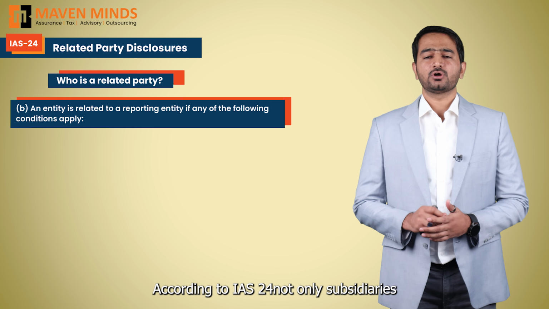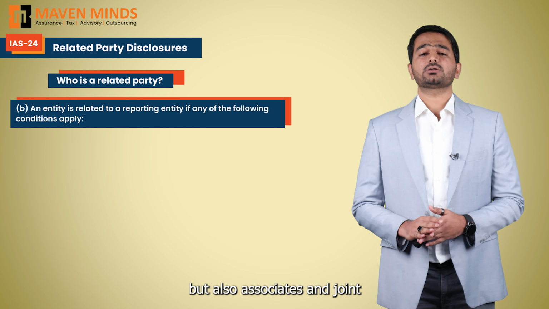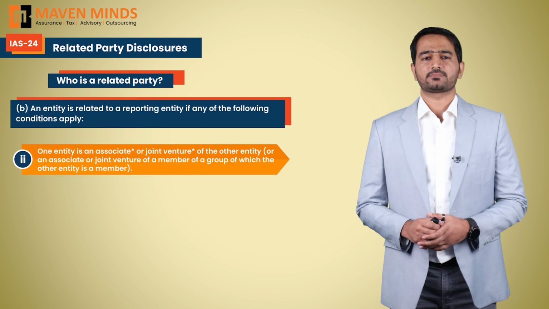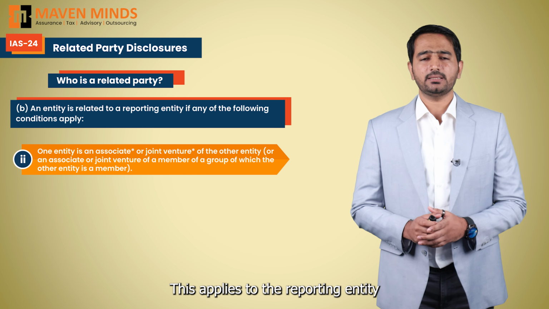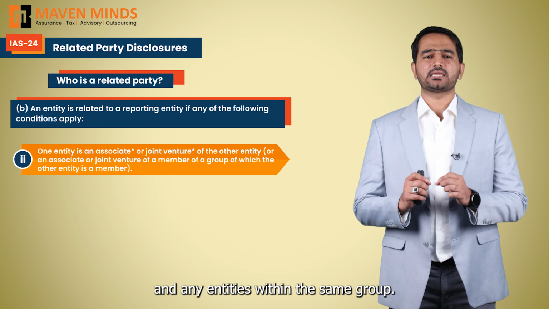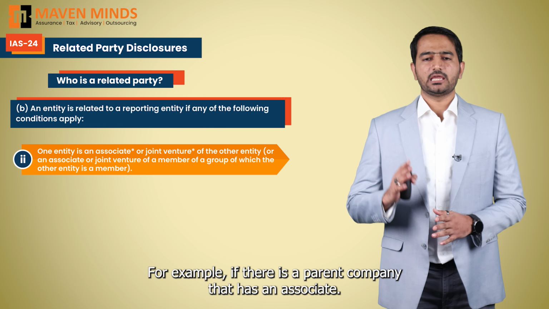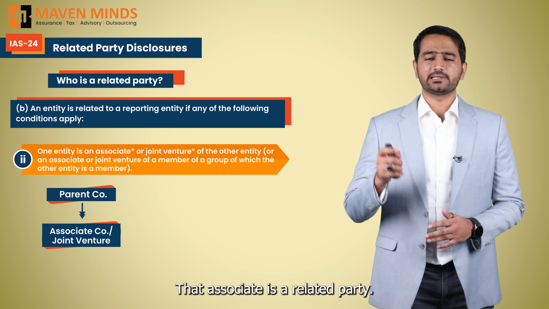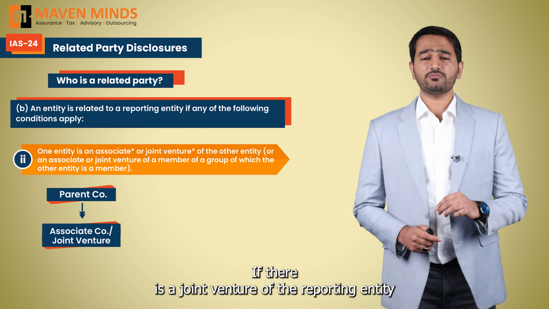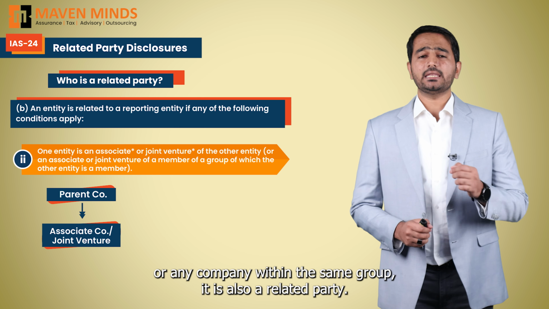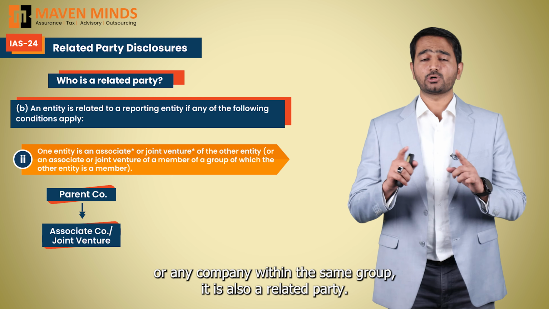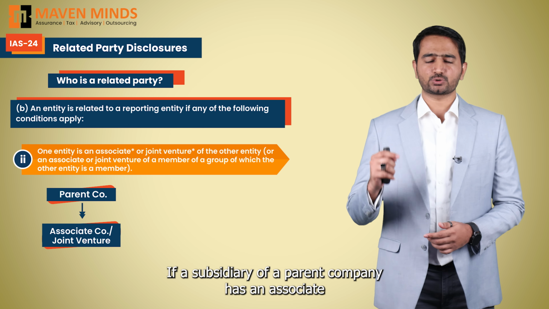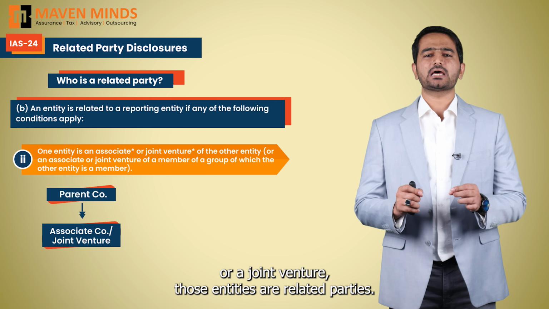According to IAS 24, not only subsidiaries, but also associates and joint ventures are considered related parties. This applies to the reporting entity and any entities within the same group. For example, if there is a parent company that has an associate, that associate is a related party. If there is a joint venture of the reporting entity or any company within the same group, it is also a related party. If a subsidiary of a parent company has an associate or a joint venture, those entities are